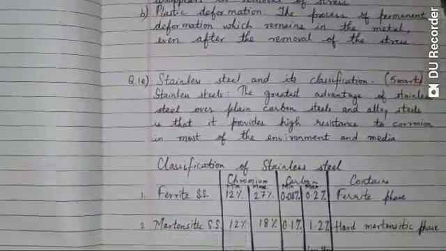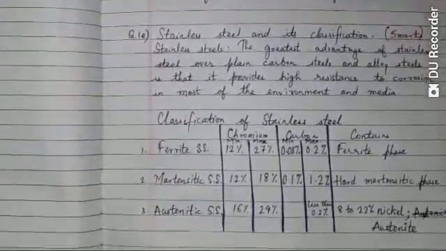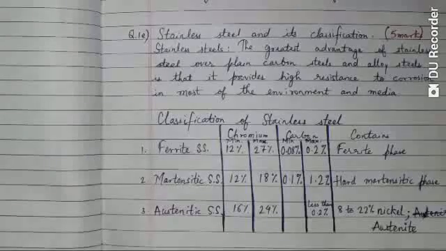Then question number 1e, it is stainless steel and its classification. First you have to define and explain stainless steel. Here I have written 1 line about stainless steel: the greatest advantage of stainless steel over plain carbon steel and alloy steel is that it provides high resistance to corrosion in most environments and media. When we talk about classification of stainless steel, it can be ferritic stainless steel, where